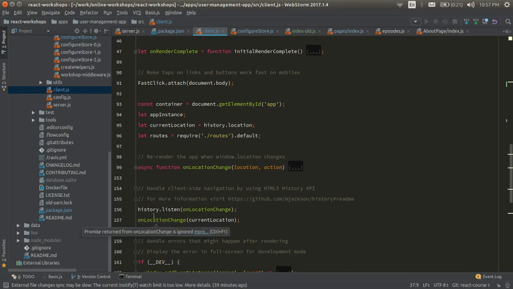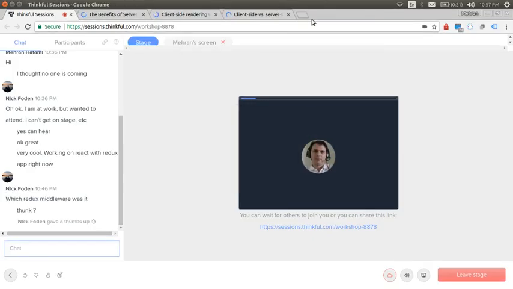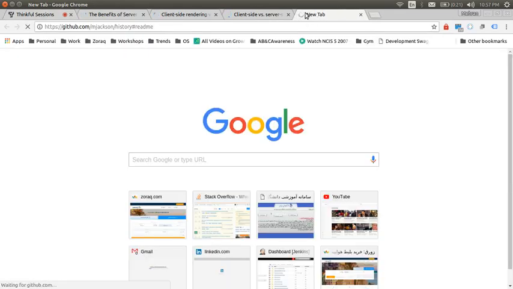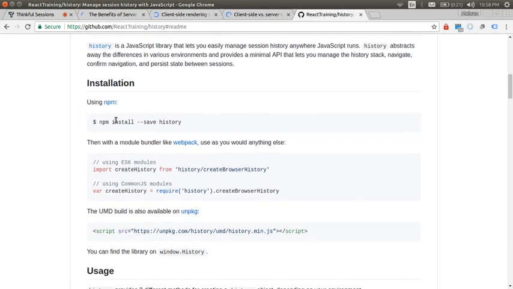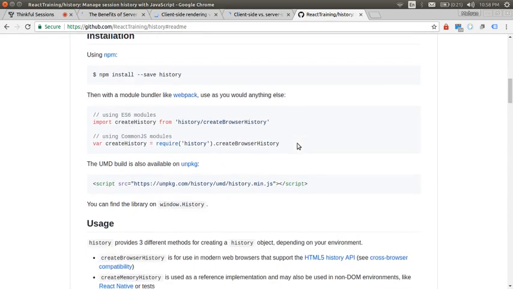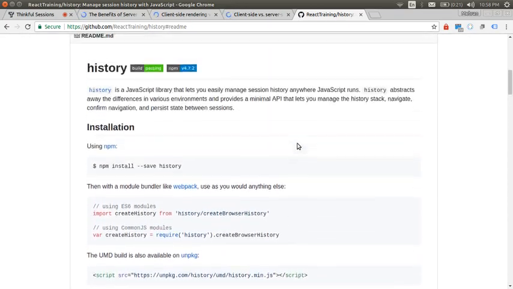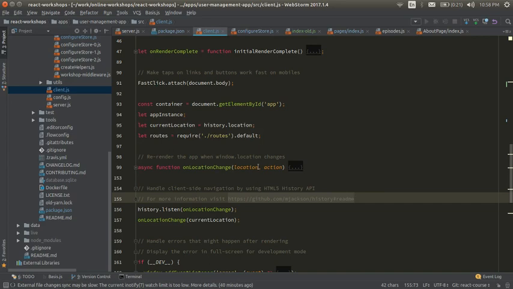So you could find more information here. So this is the history API. You can install it like this. You can use it, and you can create the history object, and I really like it because